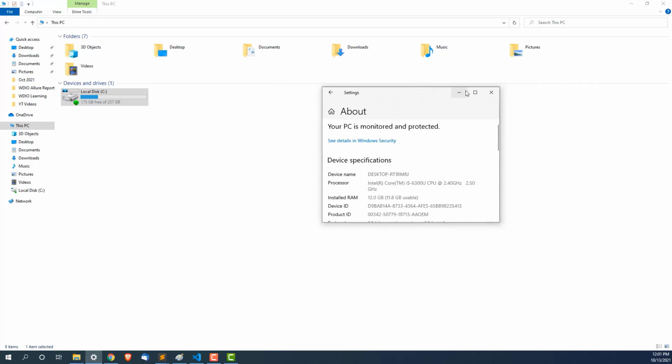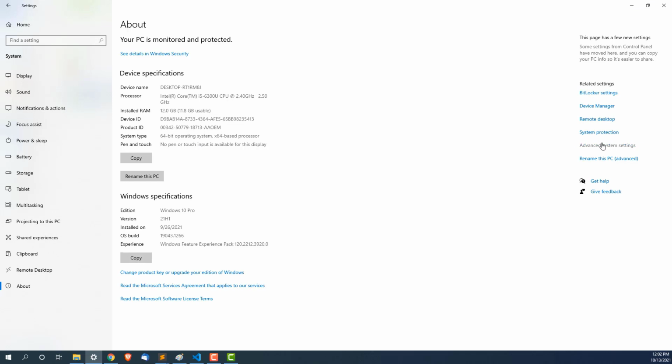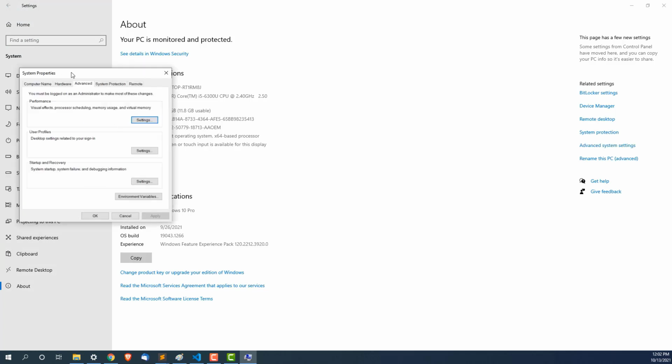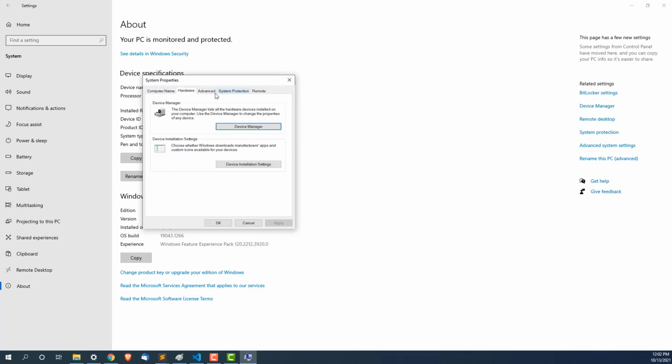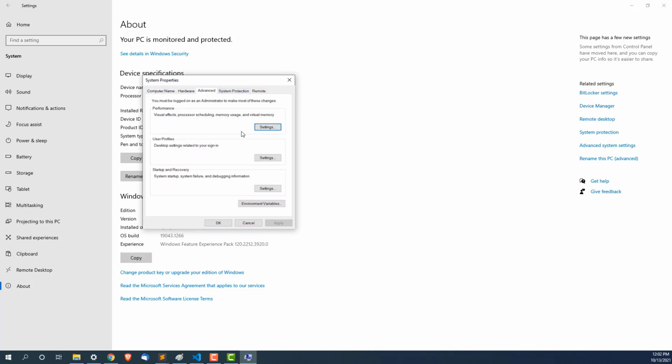So as you can see, this window will open up, and you can see we have something called Advanced System Settings. And if you don't want to go from here, you can go to the search bar and type the same, but click on Advanced System Settings as of now. It is going to open this System Properties window for you. So this is Computer Name, Hardware. Right now we need to set the environment variable.